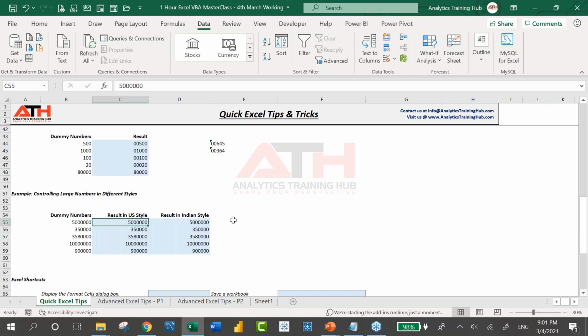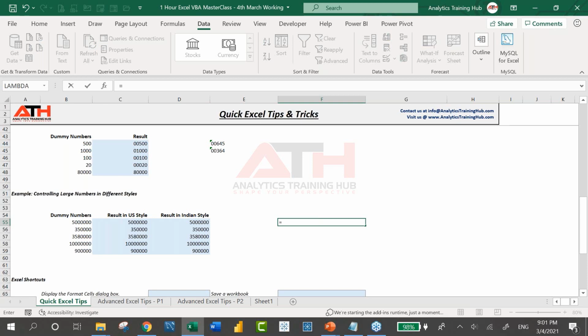All right. Now, controlling large numbers is very, very important, right? As I said, most of us, be with me, guys. I'm going to ask one question from you now. Usually when you have to control large numbers, don't we take the help of a helping column? Say if I have to show all these numbers in million, I refer to the original cell and divide it by 1 million. 1 million is 10 lakhs. So I just simply divide it and then drag the formula down and we give a heading, something like this.